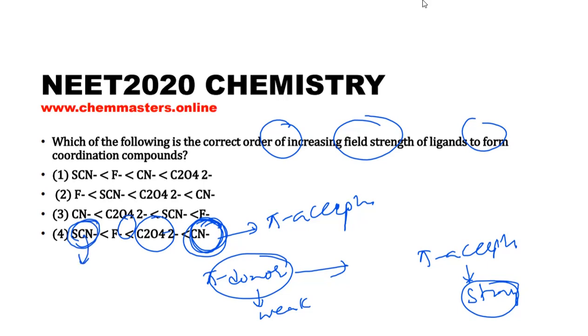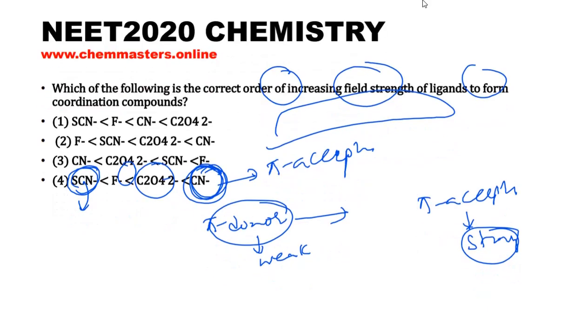Okay, so just try to look at the spectrochemical series, and in most cases you should remember the spectrochemical series. Then only you can give the correct order, because most of the orders cannot be explained in a perfect way with some factors.